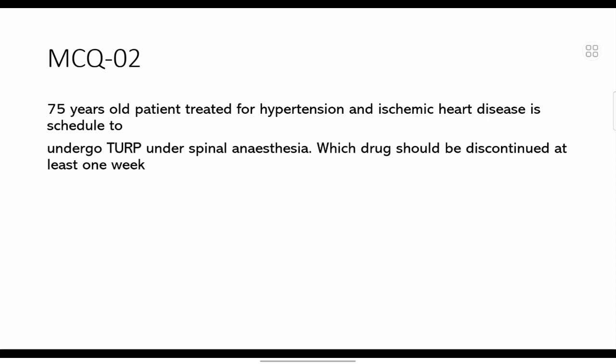Warfarin or low molecular weight heparin will be started again after 24 hours. Then we will be talking about the post-operative management. Then the other drug is